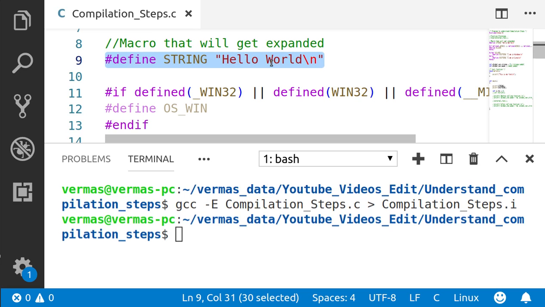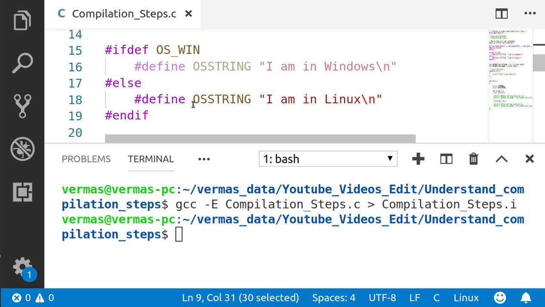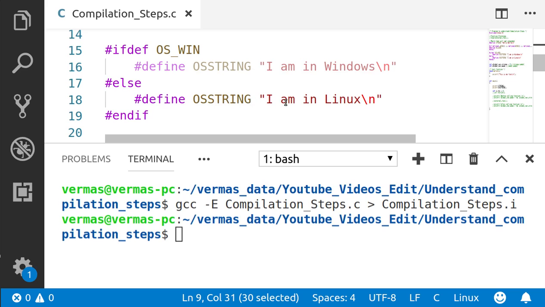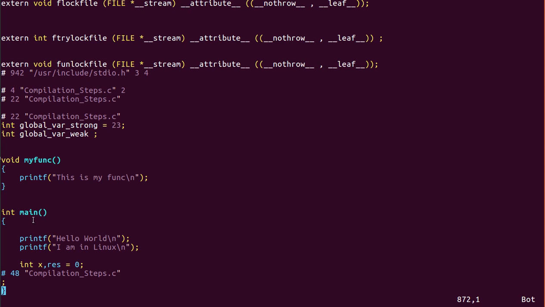This is the string I am talking about. It gets replaced by hello world. Also, since I am using the Ubuntu operating system here, the OS string that I have used is replaced by the Linux string. As you can see, the string gets replaced by I am in Linux.